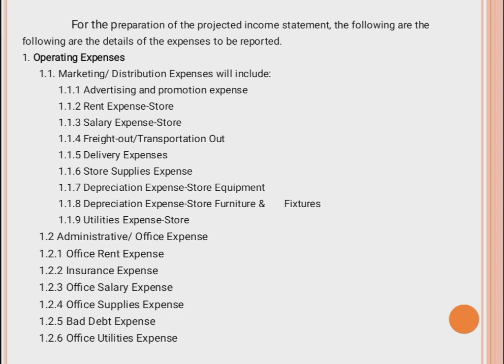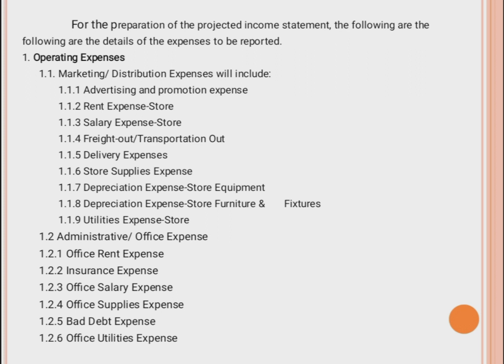Next, for the preparation of the projected income statement, the following are the details of the expenses to be reported. Number 1, operating expenses. 1.1, marketing distribution expenses will include 1.1.1 advertising and promotion expense, 1.1.2 rent expense store, 1.1.3 salary expense store, 1.1.4 freight out transportation out, 1.1.5 delivery expenses, 1.1.6 store supplies expense, 1.1.7 depreciation expense store equipment, 1.1.8 depreciation expense store furniture and fixtures,